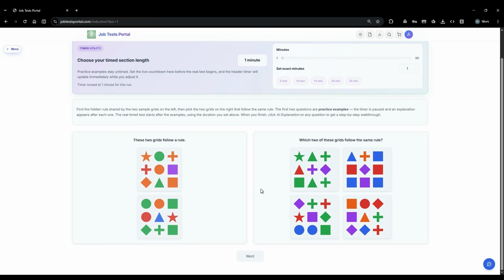In the first real question, the shapes and colors are mixed. The key is color, not shape. I check the 4 corners of each example grid, and in both cases, all 4 corners share the same color. Therefore, I select the candidate grids where the 4 corners also have one consistent color, even if the shapes inside